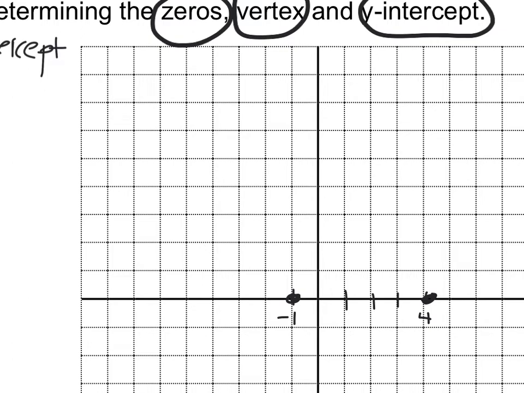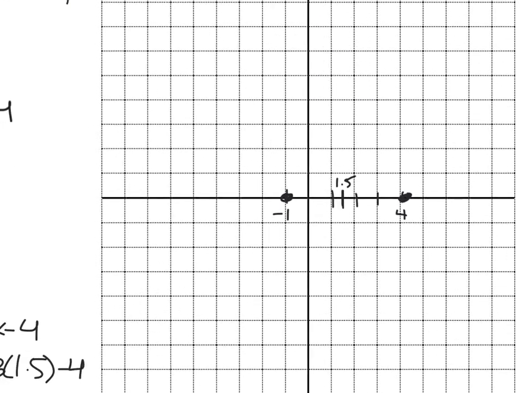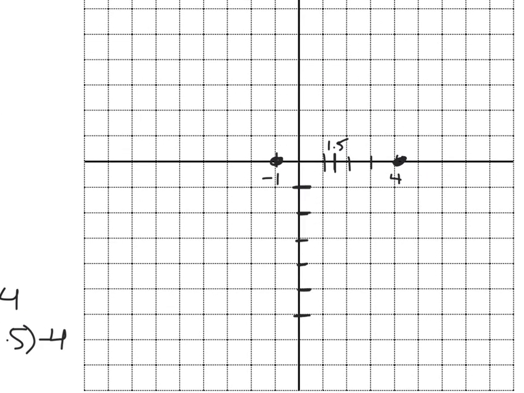My midpoint is occurring at 1.5, and that's reaching a y value of negative 6.25. So 1, 2, 3, 4, 5, 6, 6.25. So I'll say negative 6.25,